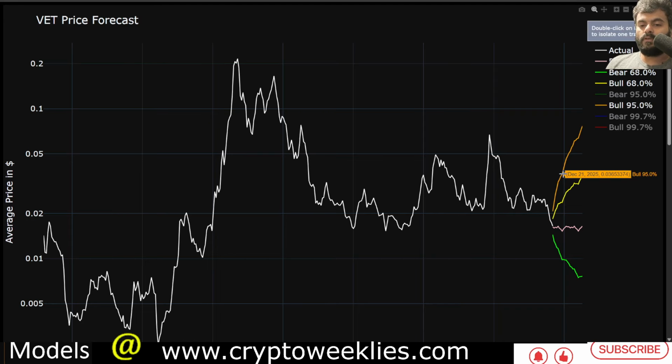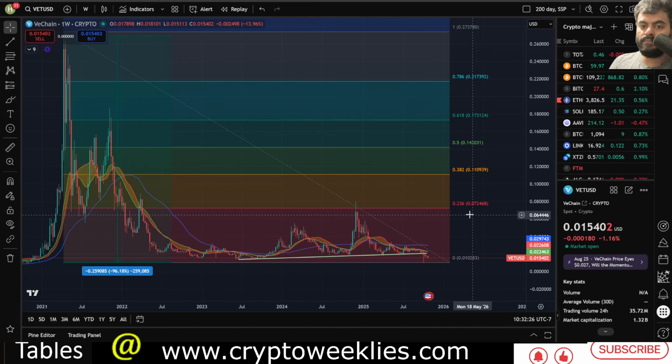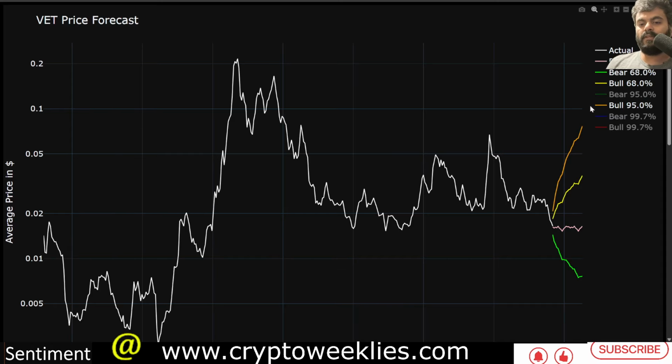If there is some sort of euphoria between now and the end of the year, the price could be close to about 4 cents, and the 4 cents level for VeChain is still halfway between the current price and the 0.236 fib level. The 3 standard deviation blow off top scenario for VeChain at a weekly